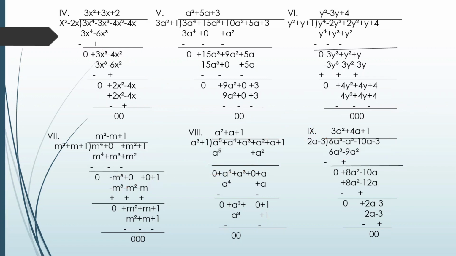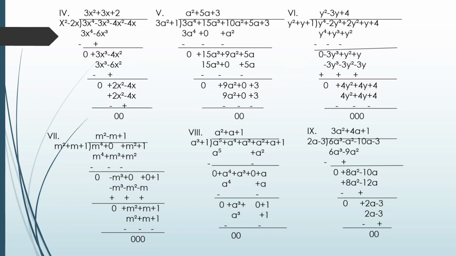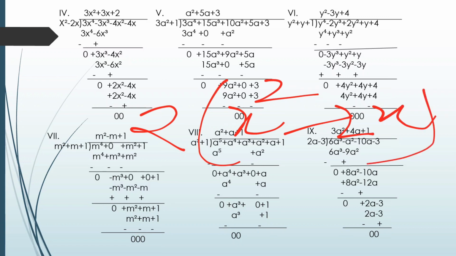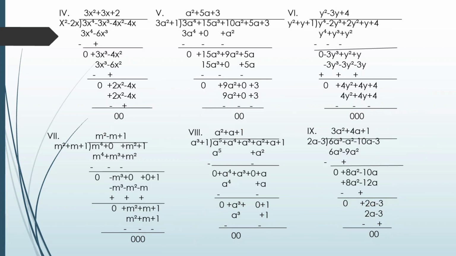Again you have to do the same procedure, that is 2x square divided by x square, the remaining is 2. So here we have taken plus 2, then you have to multiply 2 into x square minus 2x. Now what will be the value? You will get 2x square minus 4x. Okay, so 0 will be the remainder. So like this you have to solve this question.